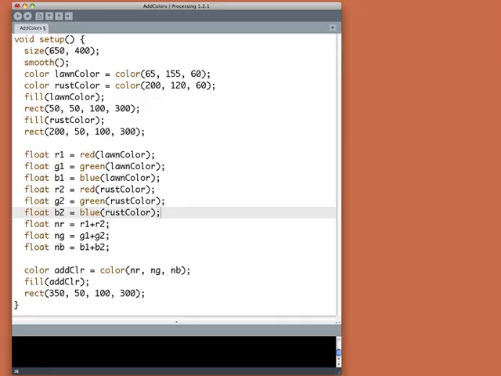Here's the new program. I've taken out a few of the vertical spaces so everything would fit on one screen in this very large font. All the stuff up here is identical to the last time. Now I do what we just saw in the diagram. I find the red, green, and blue values of the first color, in this case lawn color, and stick them